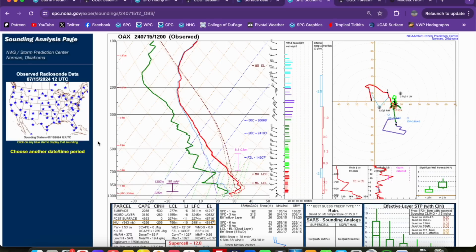Let's take a look at some soundings from across the region here. This is the Omaha, Nebraska sounding from 12Z this morning, and this is a pretty favorable profile for significant severe weather already in place at 7 a.m. Central Daylight Time this morning. Robust instability already in place, 3,000 joules per kilogram mixed layer CAPE already in place at 7 a.m. That is pretty impressive,